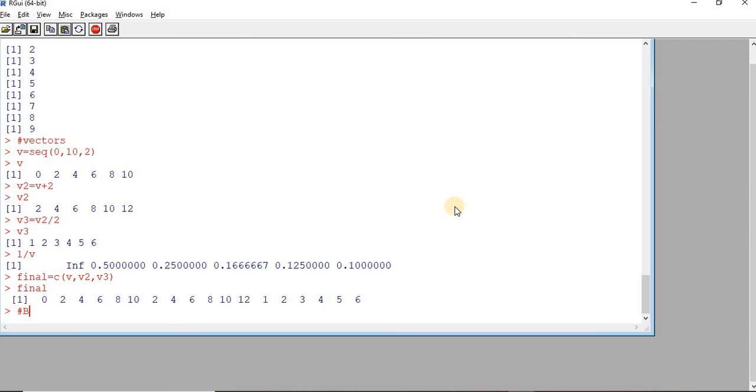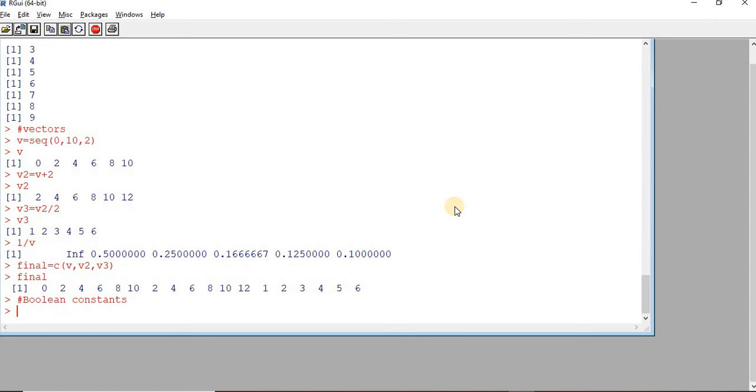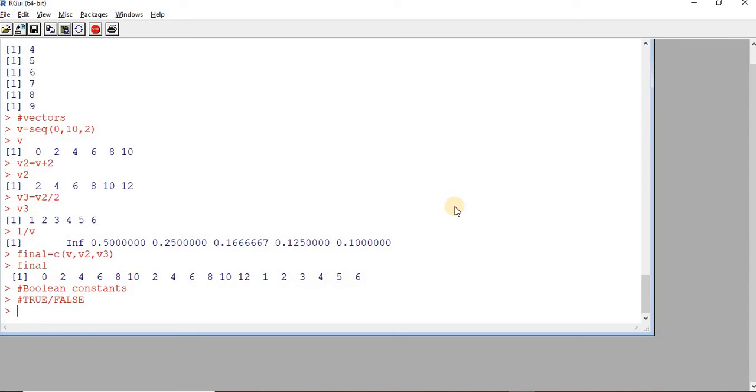Next, we'll talk about Boolean values, Boolean constants. We know that TRUE and FALSE are Boolean constants in R. Now the most important thing is R is case sensitive, right?